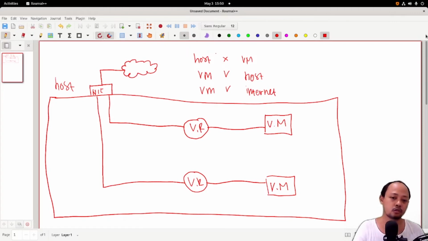The question is, is there a way for the host to connect to the VM? The answer is yes, but we need to use port forwarding. This port forwarding setting can be found in the network setting in VirtualBox.